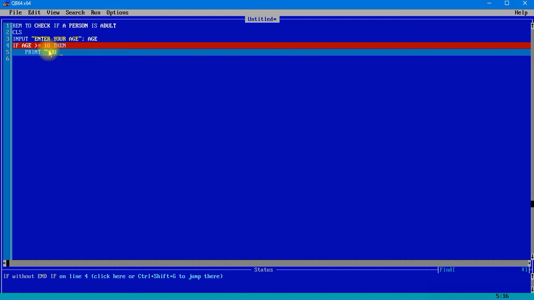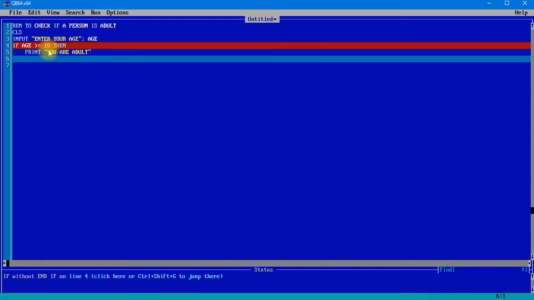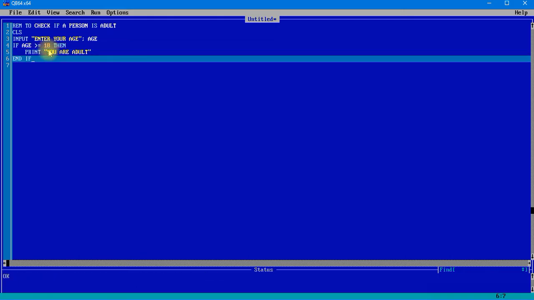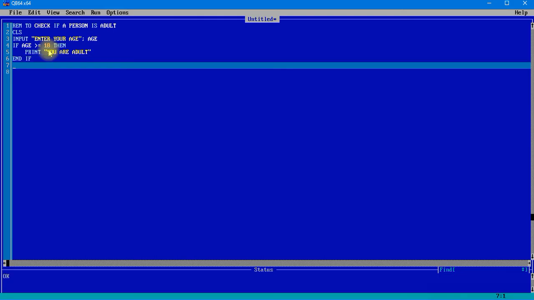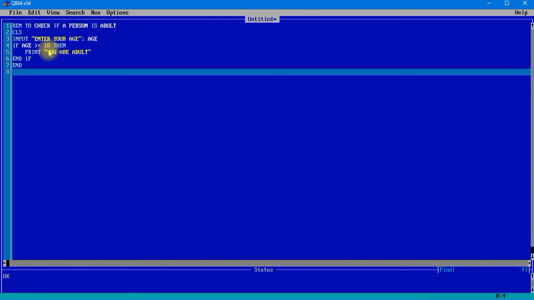"You are adult." Then we have to give END IF to close the if section. This is how we write the END IF, and then I will write END, and let's run this program.